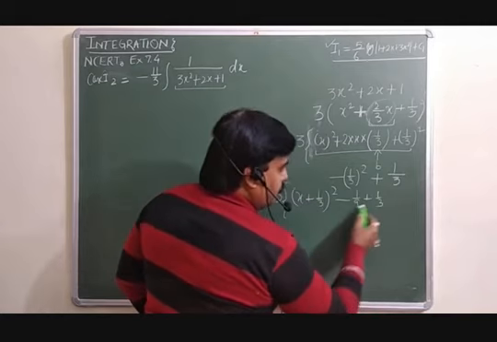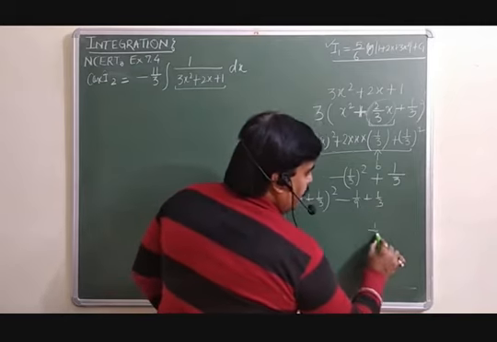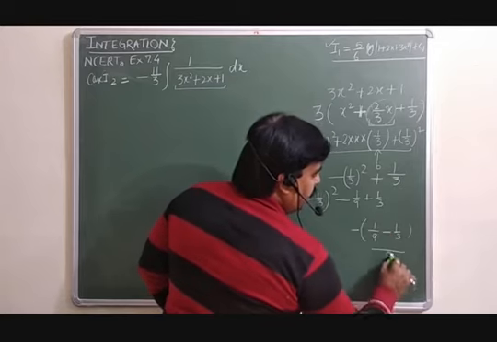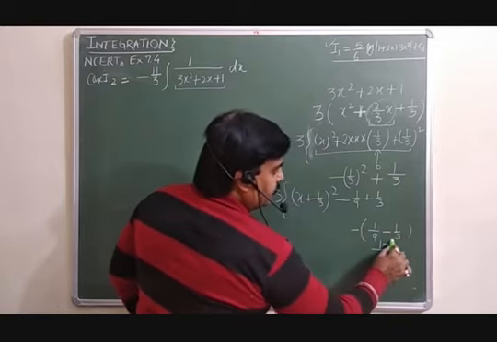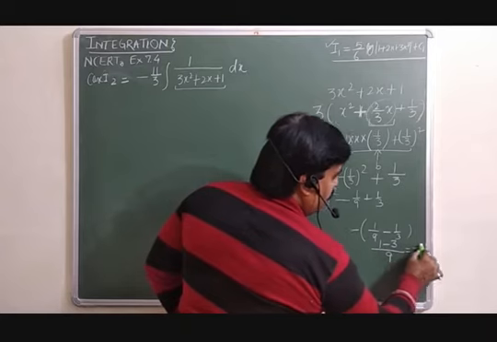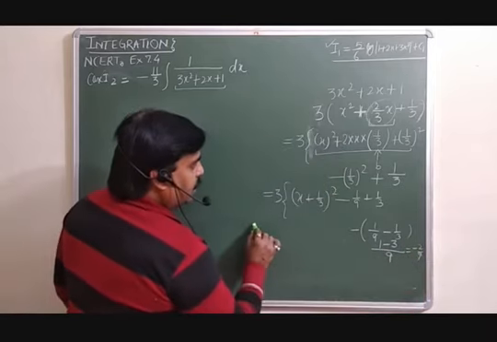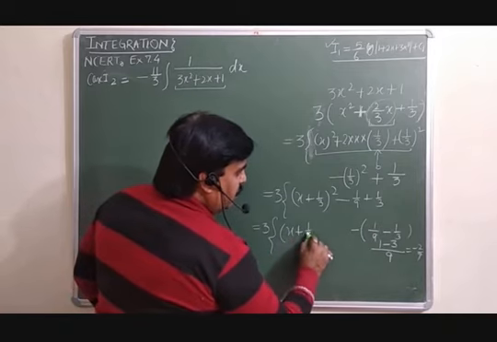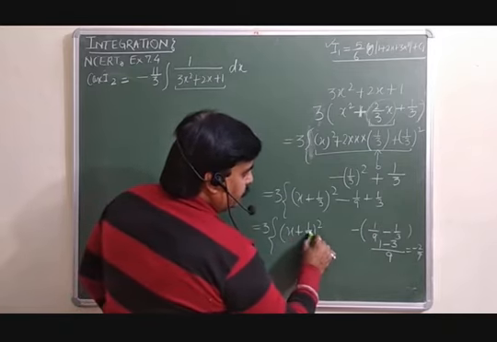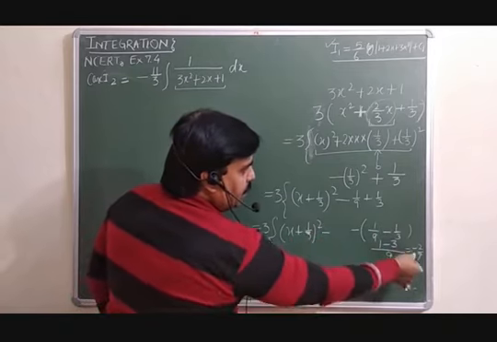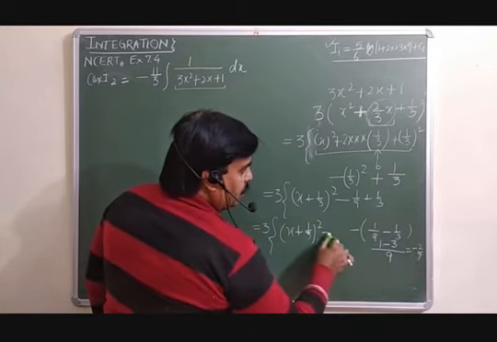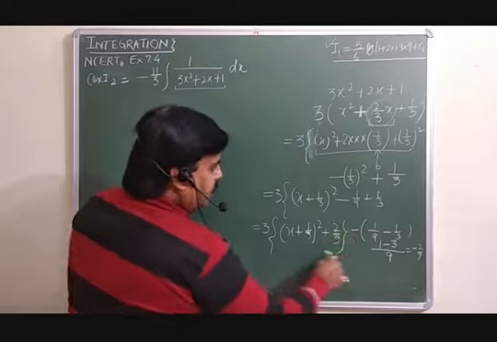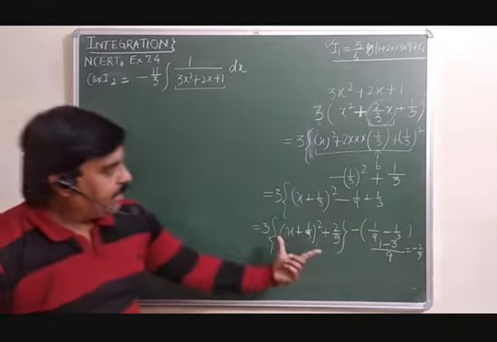You can solve this one. So 1/9 minus 1/3, you can take the common denominator 9, that is 1 minus 3, so that is minus 2/9. That means you are getting (3x + 1/3)² minus, it will become a plus, so this is plus 2/9. So ultimately you are getting it in the form of this one.